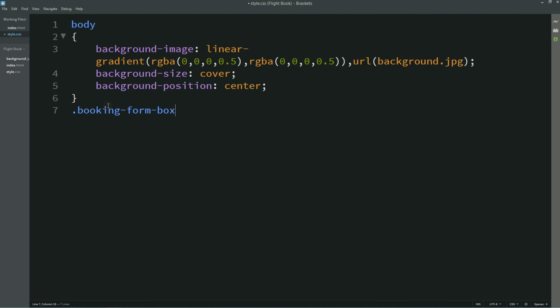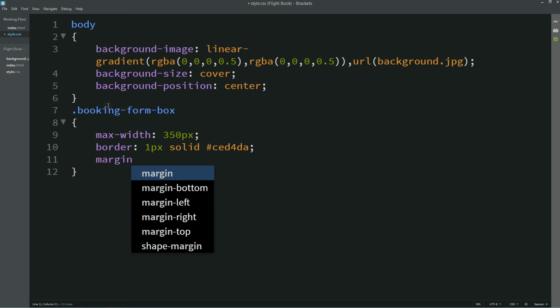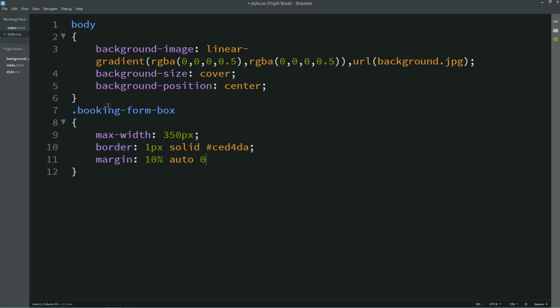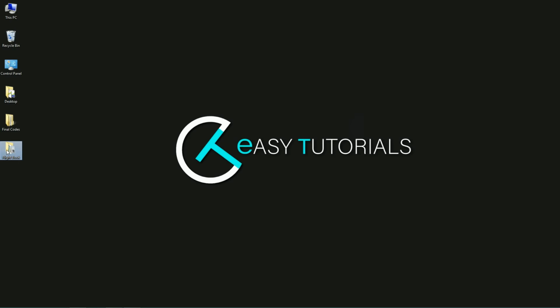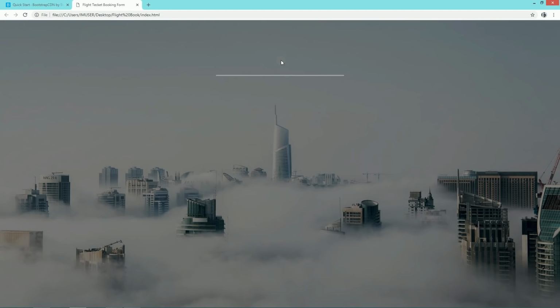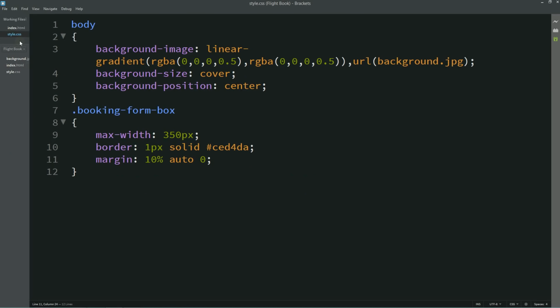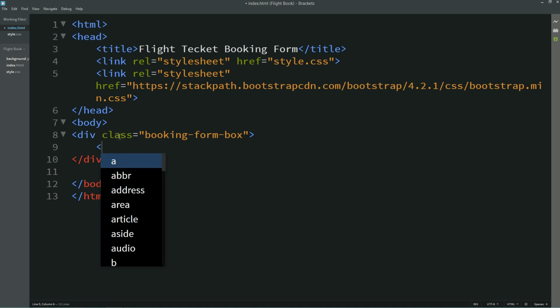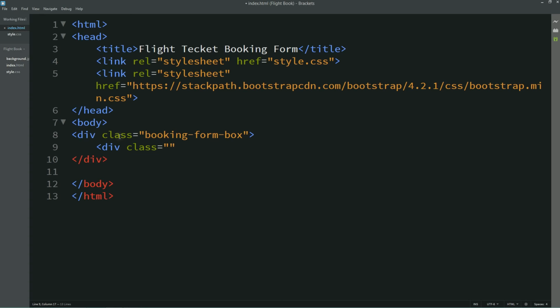Now I'll copy this class name and paste it here in the CSS file, and for this one I'll set maximum width equal to 350 pixel and border, then margin. Now open this website from Google Chrome. Here you can't see this box because there is no content inside,